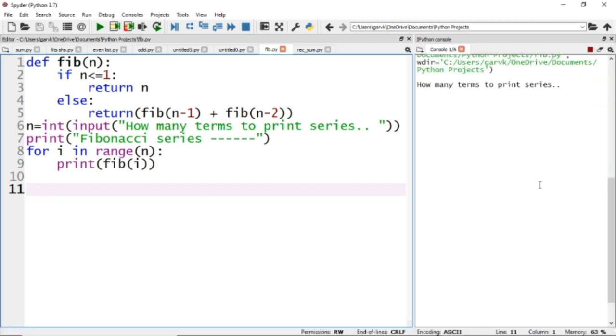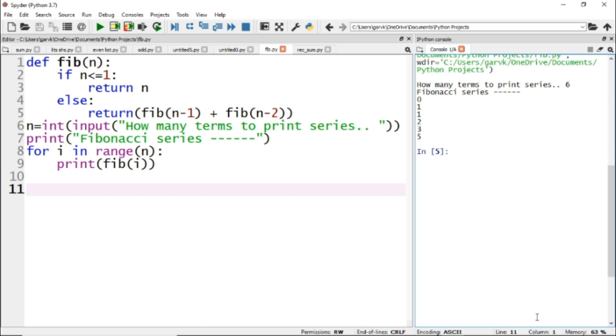So first see the output of the program. How many terms to print the series? Say I have taken 6. So the Fibonacci series is 0, 1, 1, 2, 3, 5. You can notice 0 plus 1 is 1, 1 plus 1 is 2, 1 plus 2 is 3, and 2 plus 3 is 5.